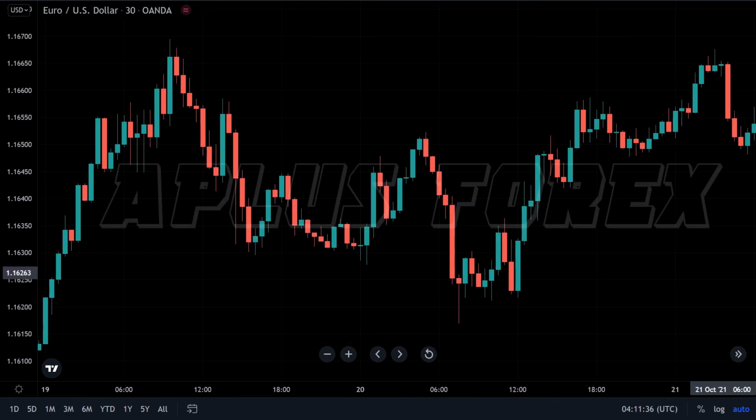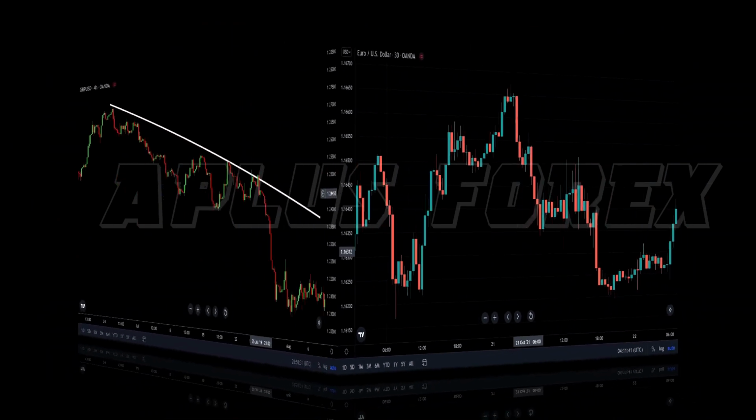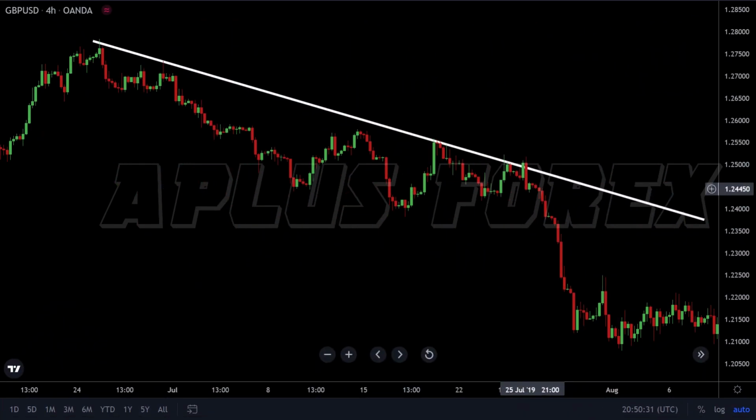Let's go on our chart to do it practically. On this chart, you can observe the market was moving in the upward direction. Later it formed this last higher high at this point, and then it formed a lower high at this area, followed by a lower low at this area. The market went ahead, forming successive lower highs and lower lows, confirming a downtrend is in play.